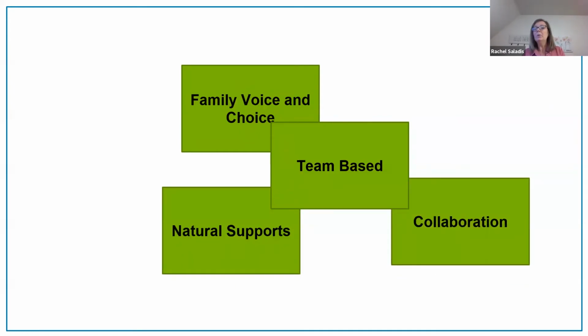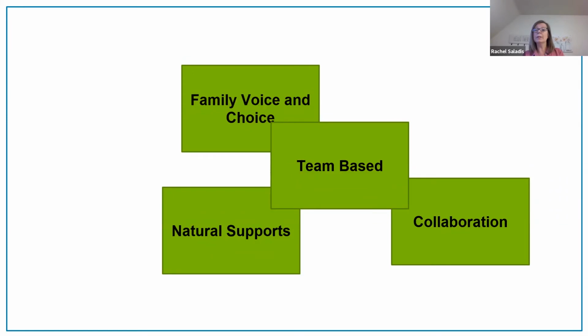Team members, which include the family, the school staff, and those natural supports, need to work together collaboratively. They share responsibility for developing a single plan, one student, one plan, rather than silos of support coming from each person or agency involved. This singular plan created by the team guides and coordinates each team member's contribution toward meeting the team's and the family's goals.